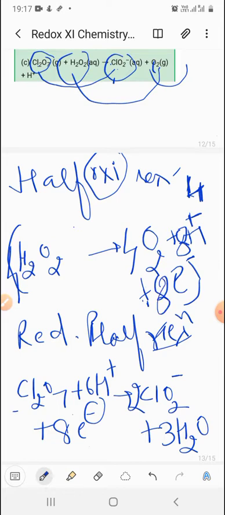Now add these two equations just like mathematical algebra. Fine. And like mathematical equations with x, y, z, the way you add them. So this 8 electron, this 8 electron will be cancelled out because these are on the opposite sides and the same number. So whichever side they go, it will become minus and get subtracted. Fine. And you can see 8H positive, 6H positive. Now it will be again cancelled out, and here 2H positive ions will remain.